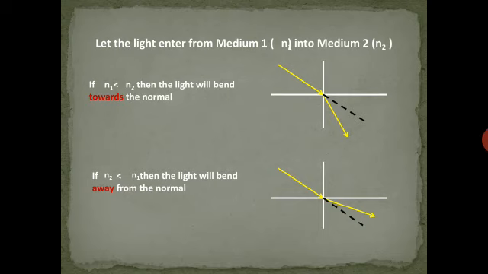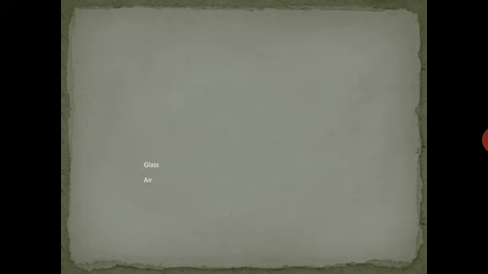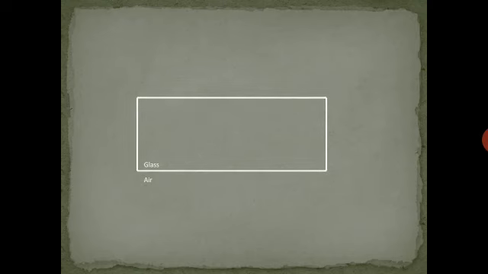Now with these basic facts, let us see how the light ray behaves when it passes through a glass slab. We have glass and air as the two media. This is a glass slab named PQRS. The incident light falls on the interface PS. This is the air-glass interface. The incident light AB, when it touches the surface at point B, we draw the normal N at the point of incidence.